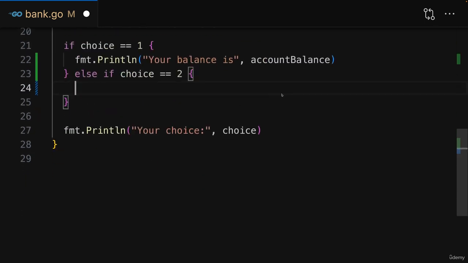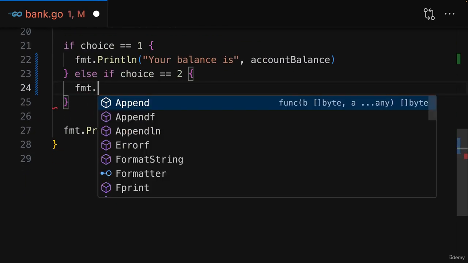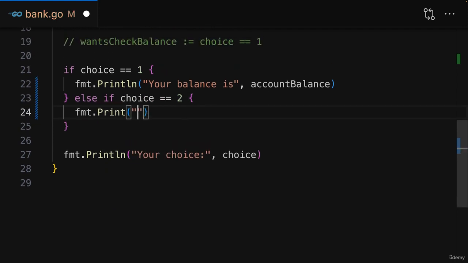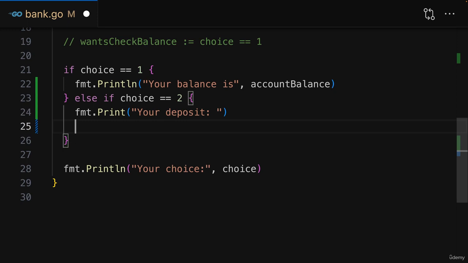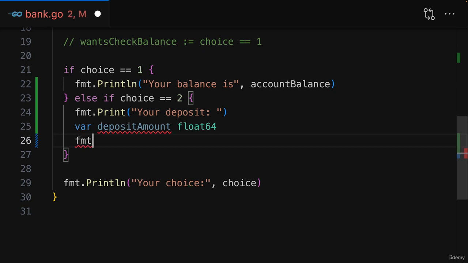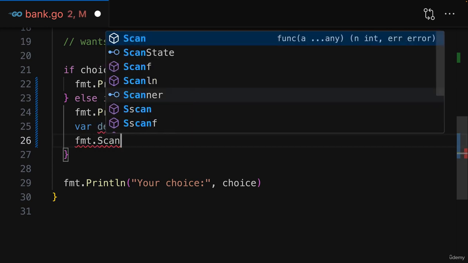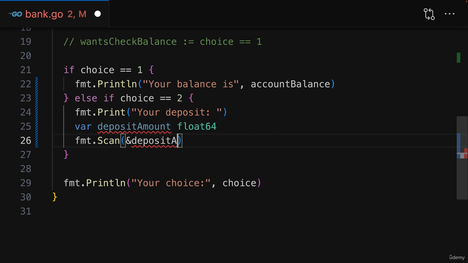Therefore here in this else if block, we might want to output some question for the user. How much do you want to deposit? Or maybe a bit shorter, simply your deposit, colon. And then again, we need to get that input. And for that, we can create a new variable here, deposit amount, which should be a float 64 value, and then use fmt scan to pass a pointer at deposit amount to populate that variable with the value